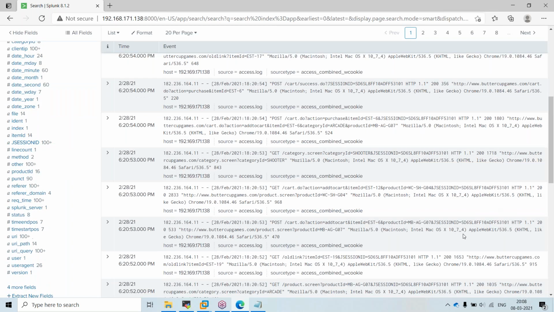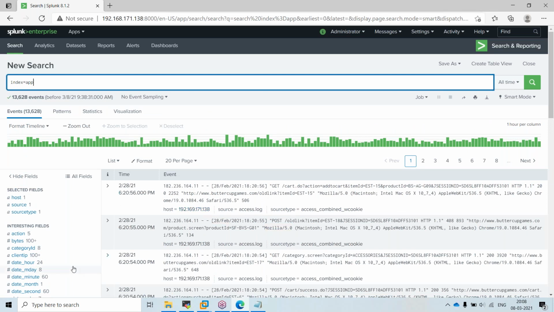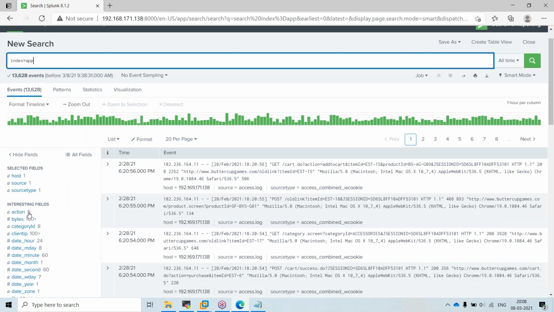Let us assume I want to filter. First we'll analyze for the first 2-3 minutes the fields it has created. As I mentioned earlier, Splunk will detect key-value pairs and status codes and all those things, and based on that it will create the fields. If you see this GET, there is something called method.